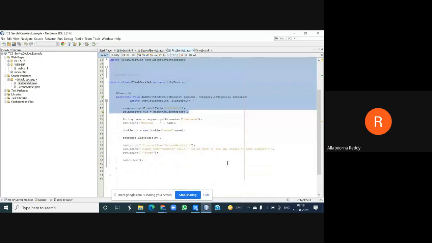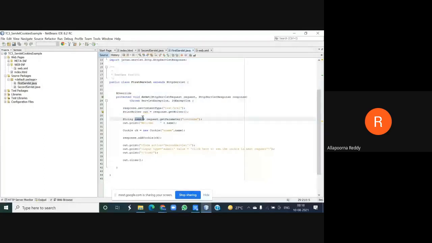Now look at what I'm making here. String name is my variable. I'm requesting to get my parameter. What is the parameter here? The username. Whatever username I need to get, I get using my parameter. Then whatever username I had, I'm going to make it a welcome username, because plus name is added, so the name is appended. The name will be added to the output, and it can be shown.